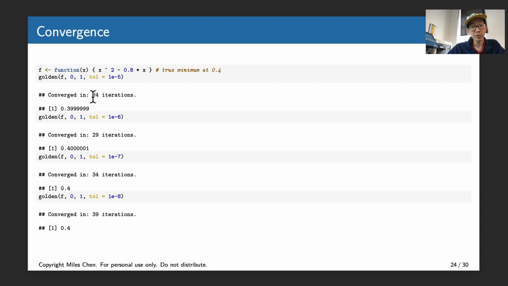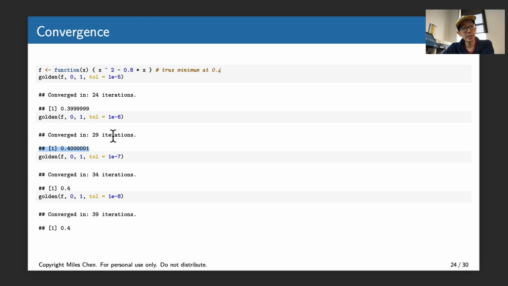And after 24 iterations, it says your minimum is at 0.3999999, which is pretty close to the true value of 0.4. Again, everything with a numeric method is going to bring us to an approximation. If I say, hey, you know what, I want my interval to be 10 to the minus 6 rather than 10 to the minus 5, then